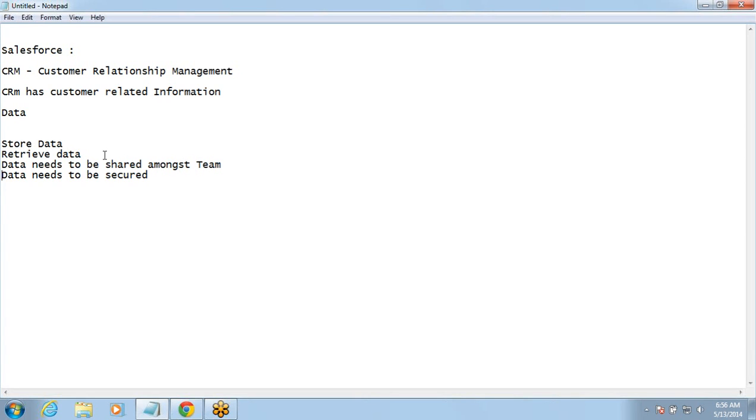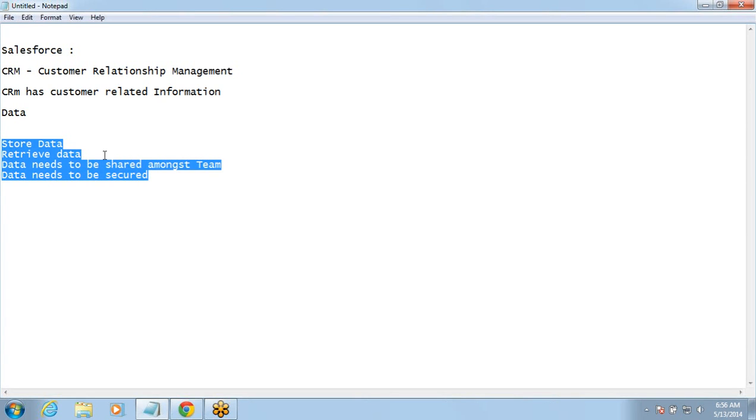Now, any company which wants to have a CRM has these things in mind. CRM is a part of every business. Any business, very small, mid-size, big, very big, has customers and needs a CRM. Now, if any company has customers, they need to maintain details of the customer. That is one. They need to maintain the contact information. They need to maintain